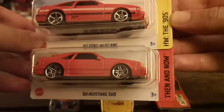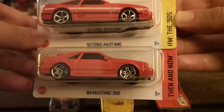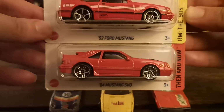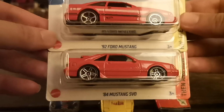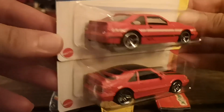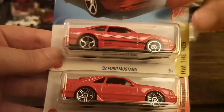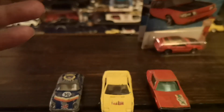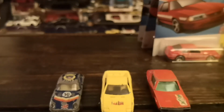And really happy they put out this new 90s series to go with the 80s. So 80s and 90s are my most favorite decades of cars, because that's what I grew up with, and well, they just had cool styling. So you know, I personally feel you can't pick up one without the other of these ones, and they just complement each other so well. So now that we've checked out the American cars, why don't we jump right into the Japanese stuff that I